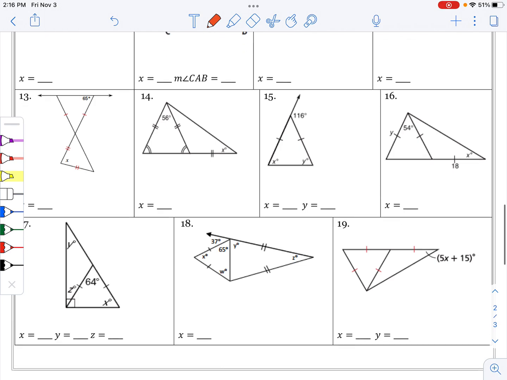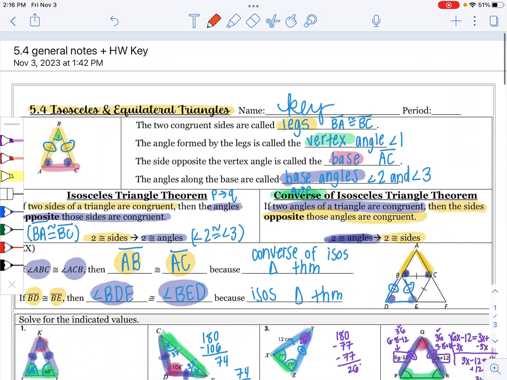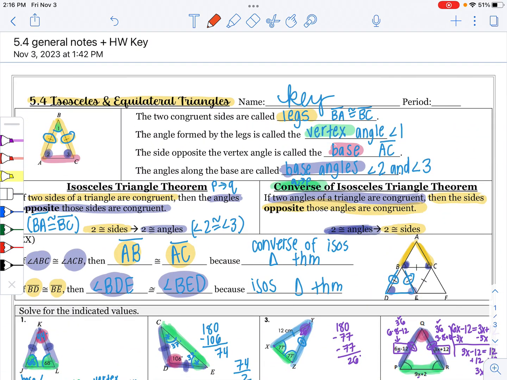So your homework is on the back. It's got isosceles triangles, it's got equilateral, it's got some overlapping. It is those 19 questions. And if you need help on it, flip it back over to